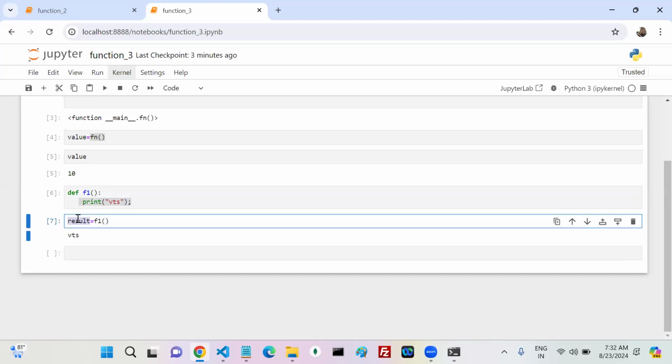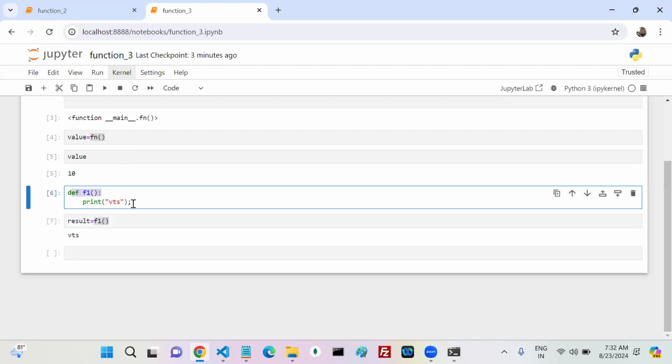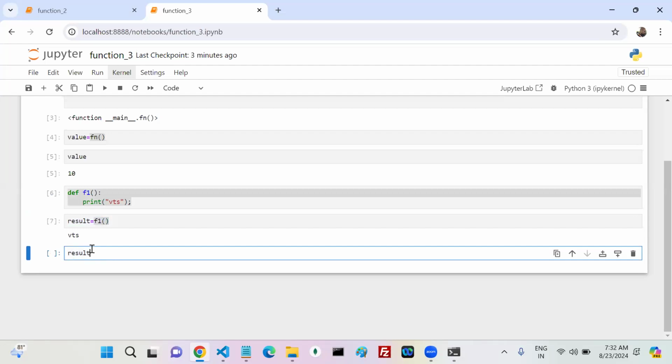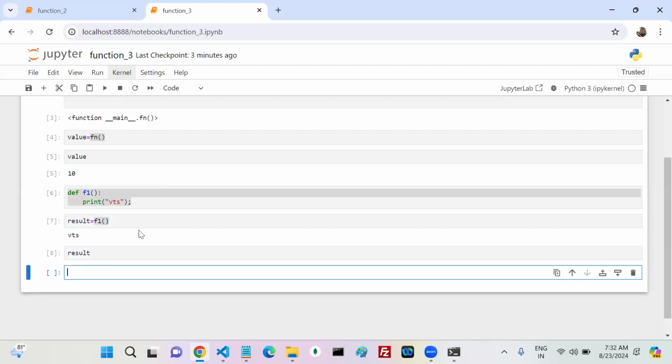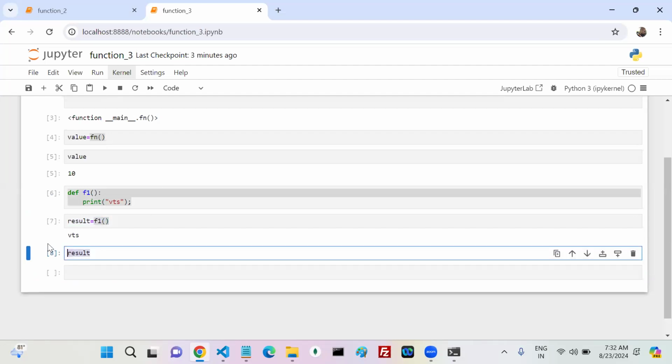Anyone guess? See, my f1 calling means my f1 return value. Does my f1 return any value? With the return keyword, does f1 return any value? No. If nothing is written, what is my default value? Nothing.